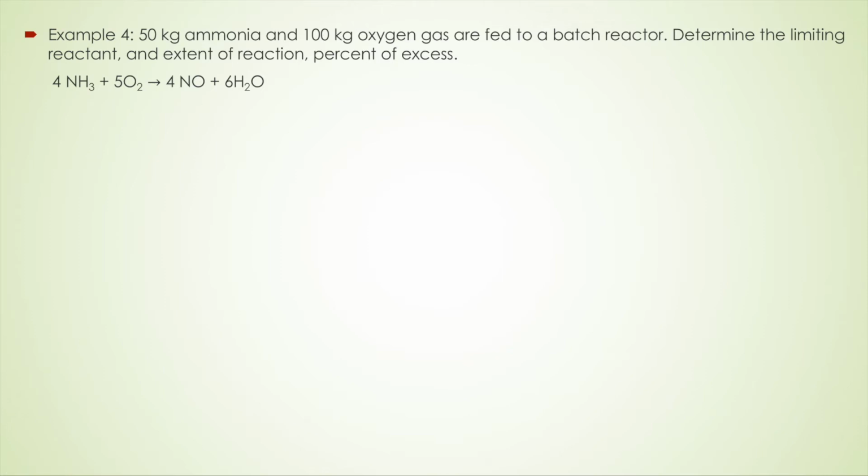Given 50 kg ammonia and 100 kg oxygen gas are fed to a batch reactor, determine the limiting reactant and the extent of reaction and percentage excess. Let's write down the equation for this reaction. In this reaction, 4 mole ammonia reacted with 5 mole oxygen to produce 4 mole nitrogen monoxide and 6 mole